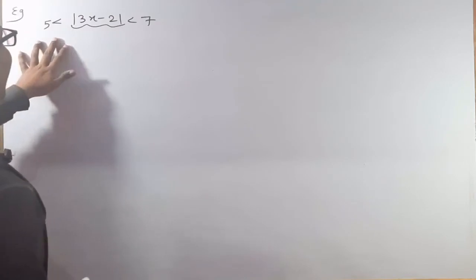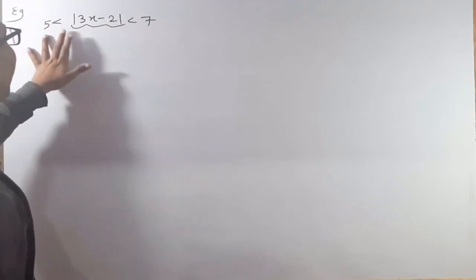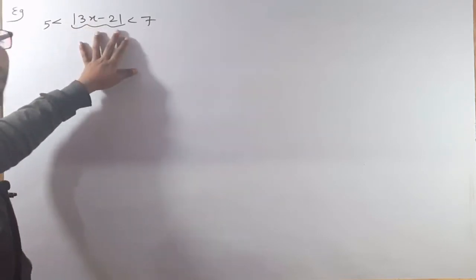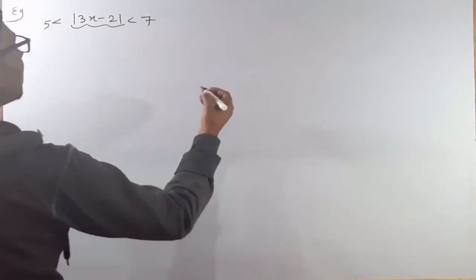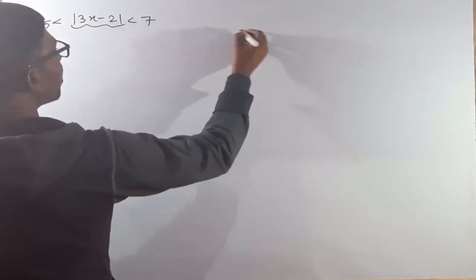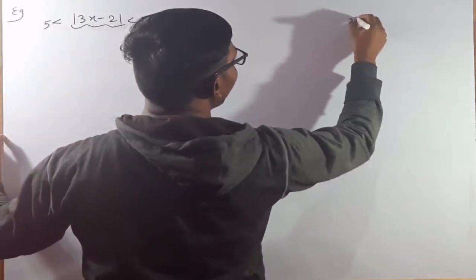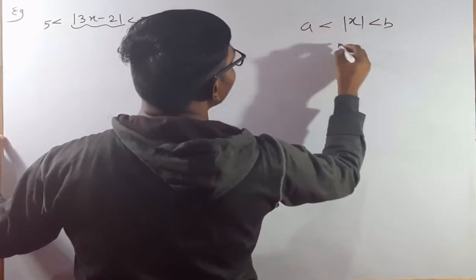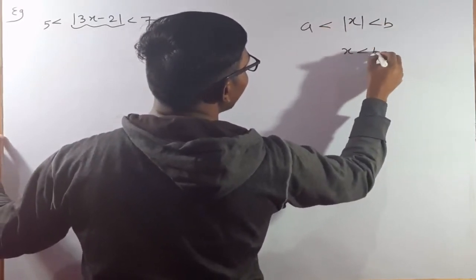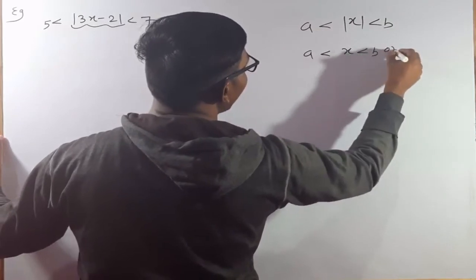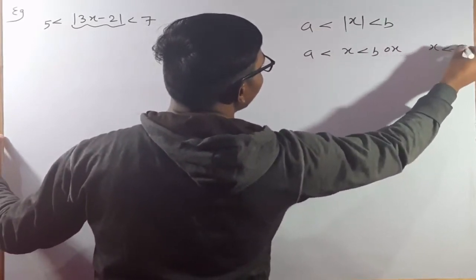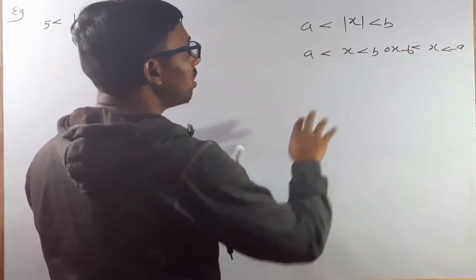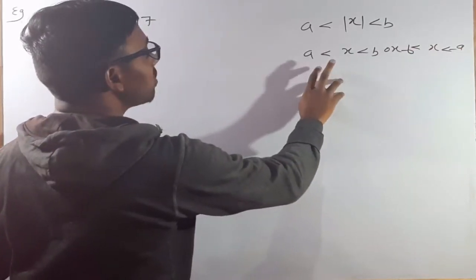So this is the example that I'm going to take. We need to extract the values of x for which this inequality is satisfying, okay. So what we'll do, we will simply use the property of the modulus function, like given already: modulus of x lying between a and b, okay. Then we can expand this as x lies between a and b, or x lies between minus b and minus a, okay. So once again I'm going to give you the reason why this is going to be.